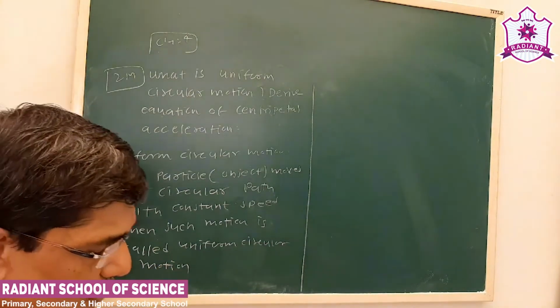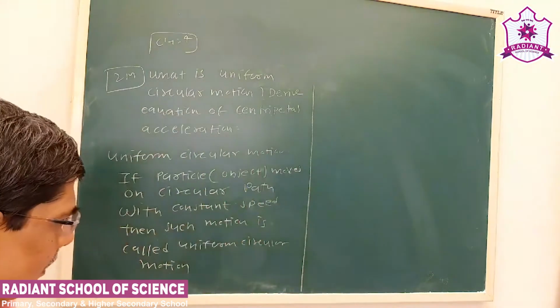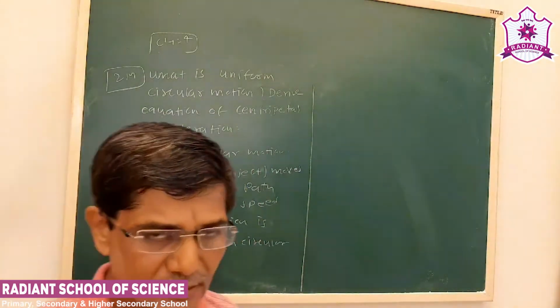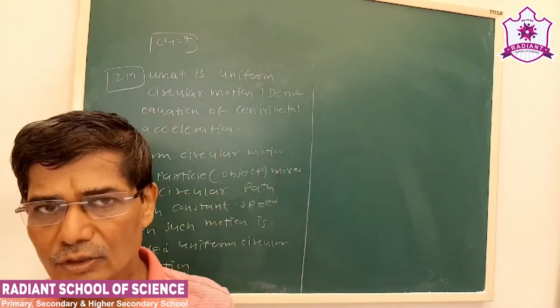When a particle or object moves on a circular path with constant speed, then it is called uniform circular